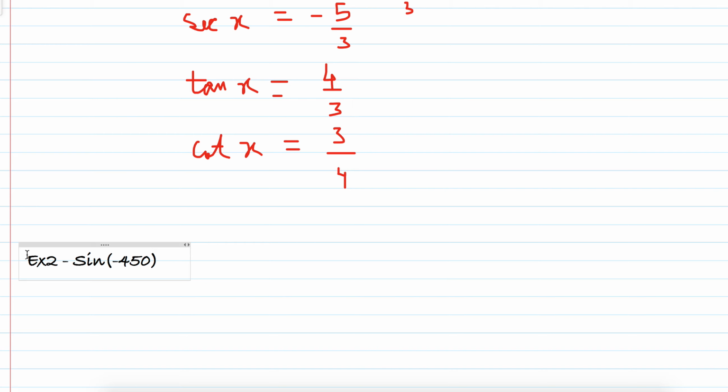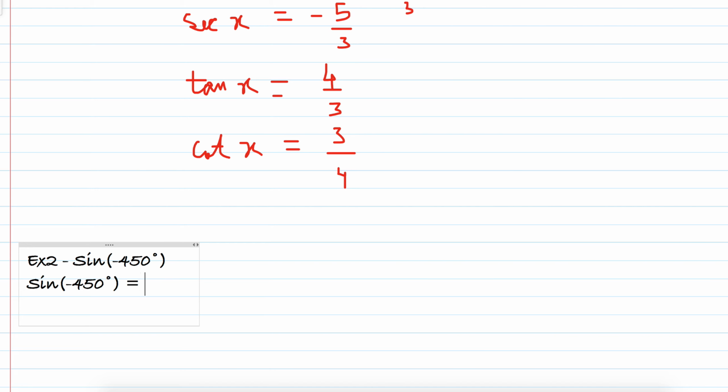Let's say minus 450 degrees. So clearly the absolute value of this is more than 360 degrees or 2 pi. So we can always keep adding 360 degrees till we reach our range between minus 2 pi and plus 2 pi. So minus 450